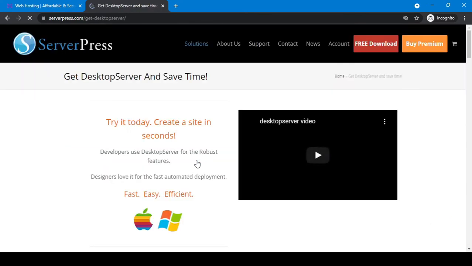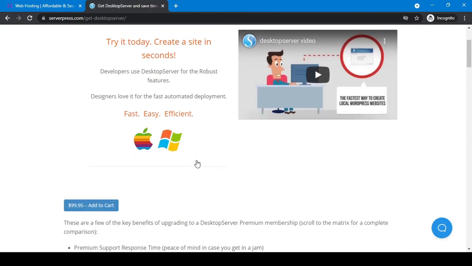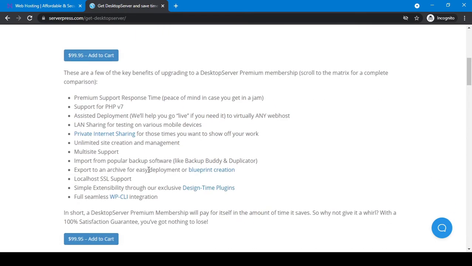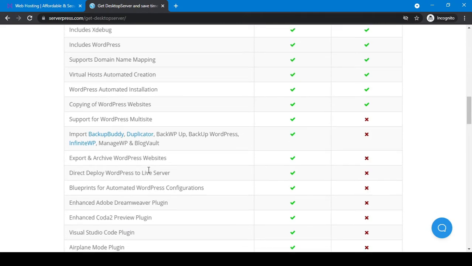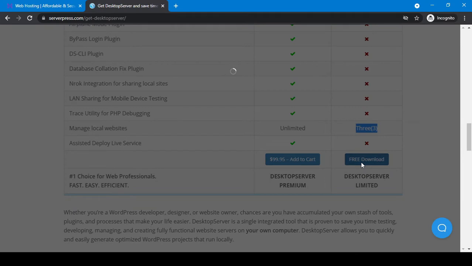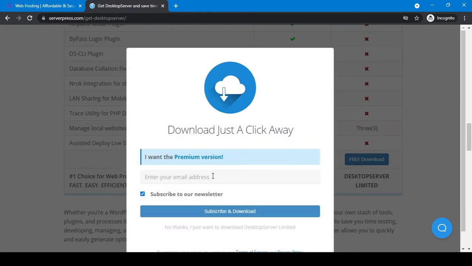There is a plan, add to cart at $99.95, something like that, but I would go to the free download. I can use 3 websites, which is enough for learning purposes. So I will click on free download. I don't want to subscribe, and just enter your mail